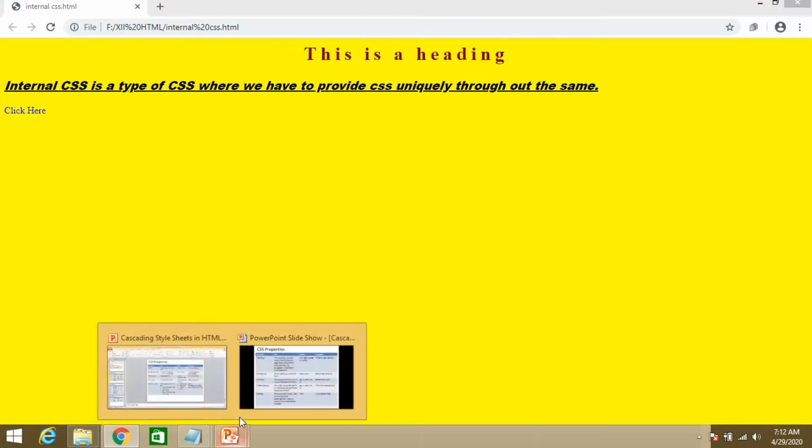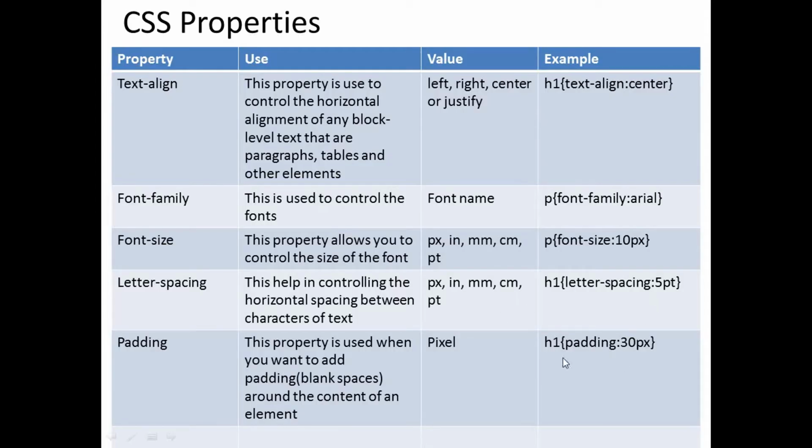Now what is the next one? h1 padding 30px. Padding is used to give blank spaces around the content of an element. Just blank spaces, measured in pixels, px. Just remember, whenever we use px, it is nothing but the pixel.